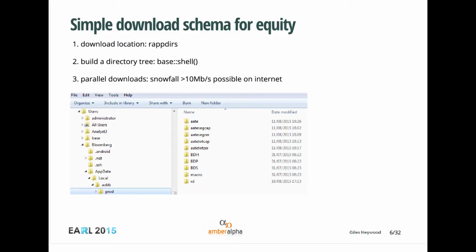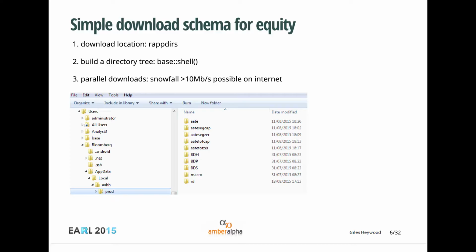Windows machine. So one place you can put it is in a location pointed to by this wonderful package from the Hadleyverse called rappdirs, which points to your local app data area.